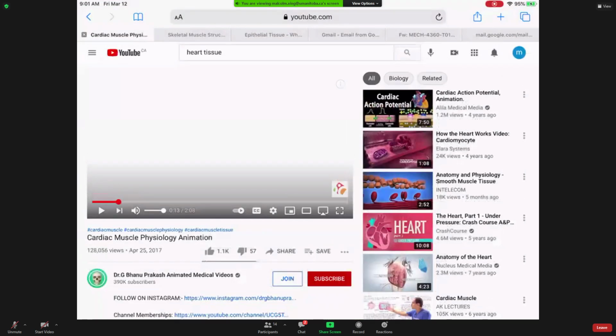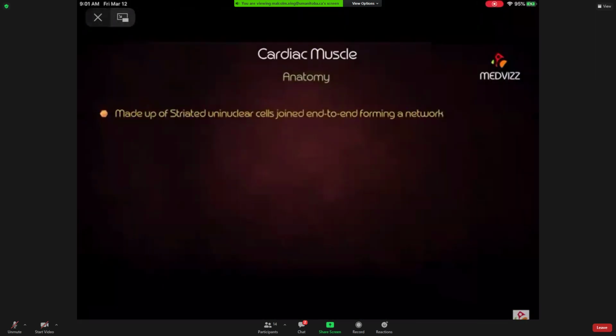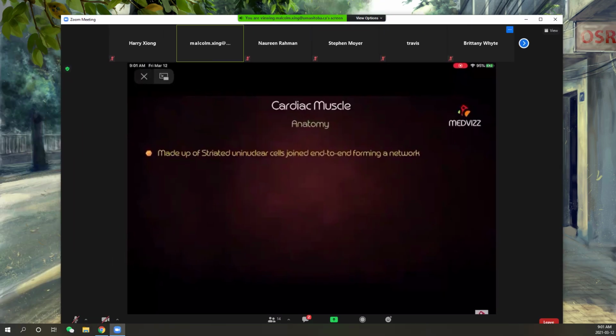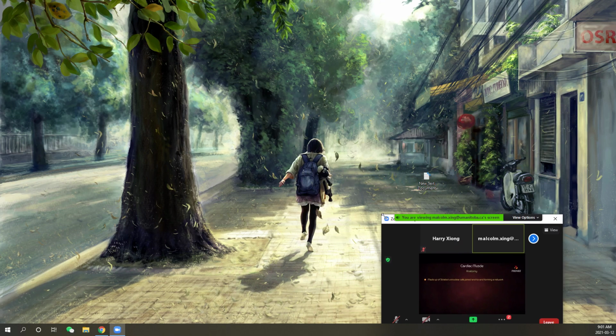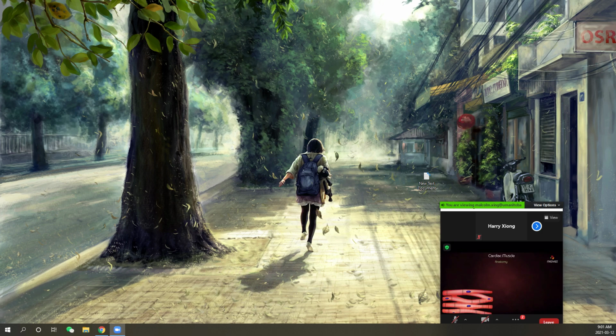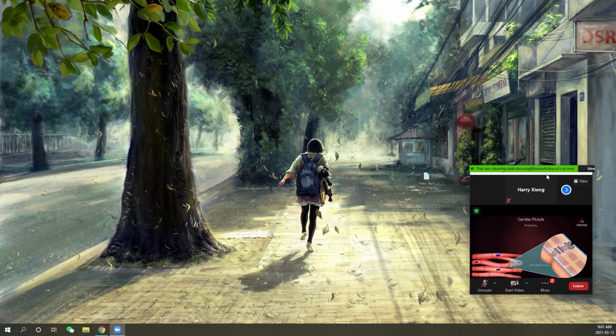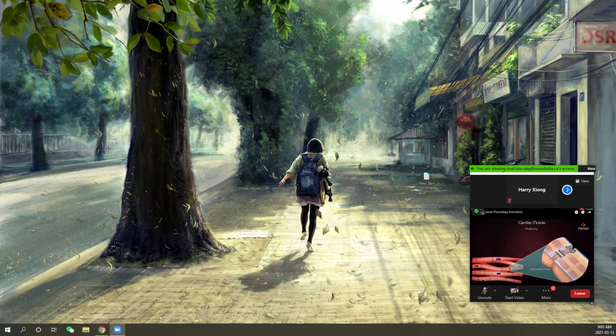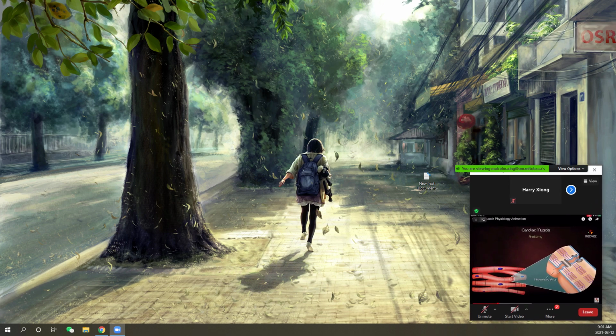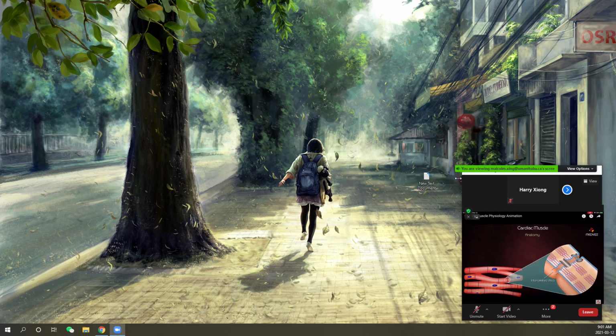So the cardiac muscle first. Just 2 minutes. They are made up of striated uninuclear cells joined end to end, forming a network. Cell junctions are called intercalated discs. The cardiac muscle has